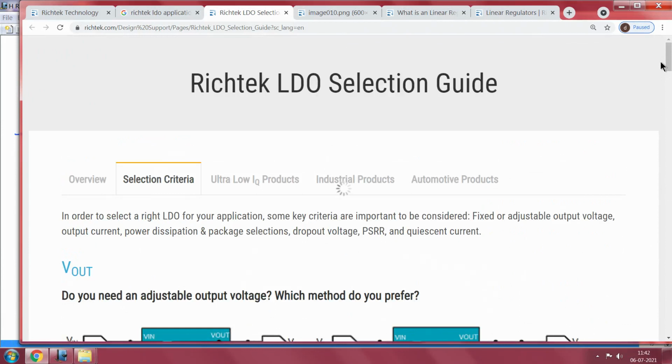What we will also do is take some examples in understanding good interpretation of the data sheet of an LDO, so that we connect everything and take a very small example as usual, solve that problem and see how all these parameters can be well understood from a data sheet perspective.